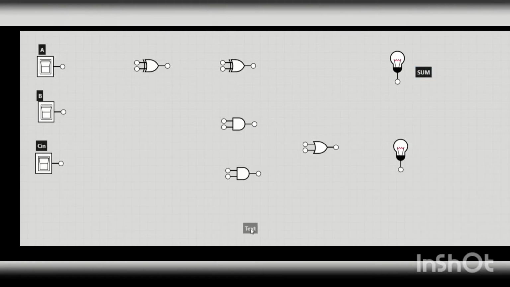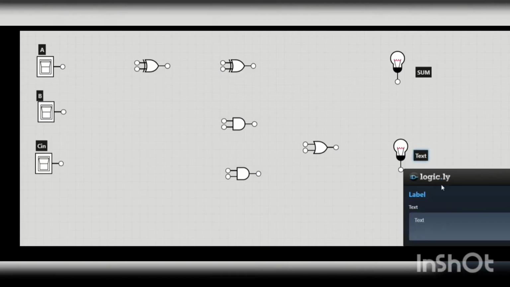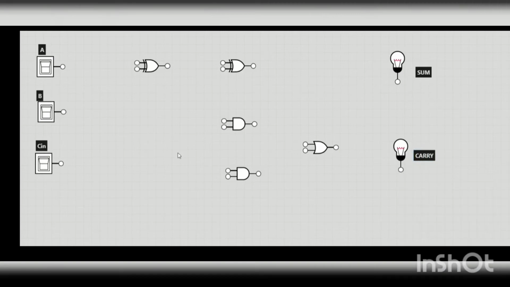I labeled it as A, B, carry-in, sum, carry. Now I am going to connect it with the gates.